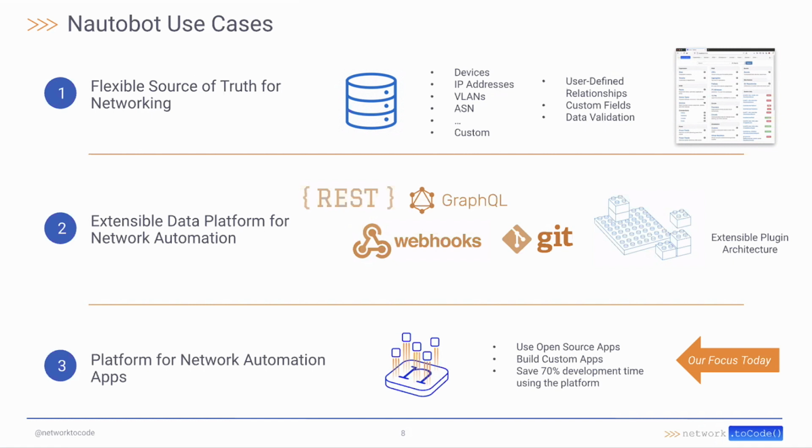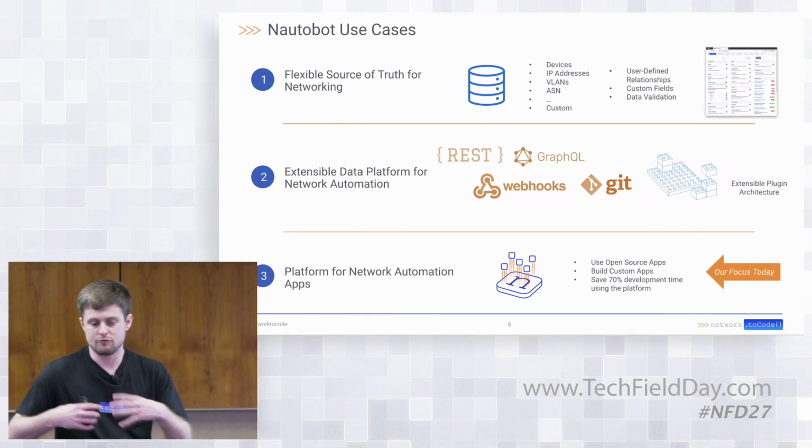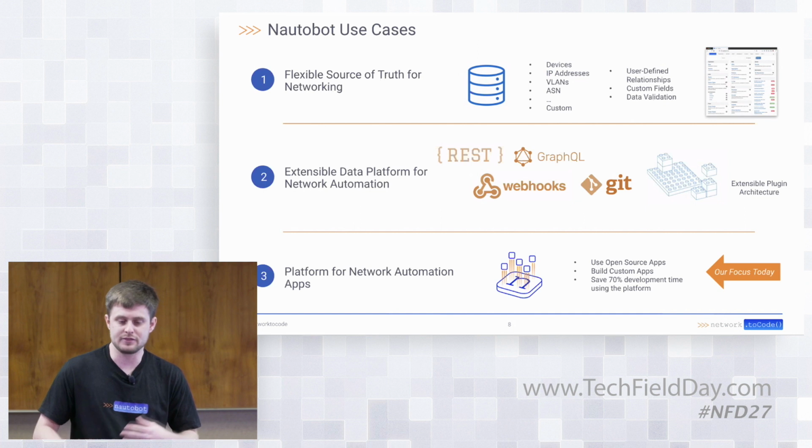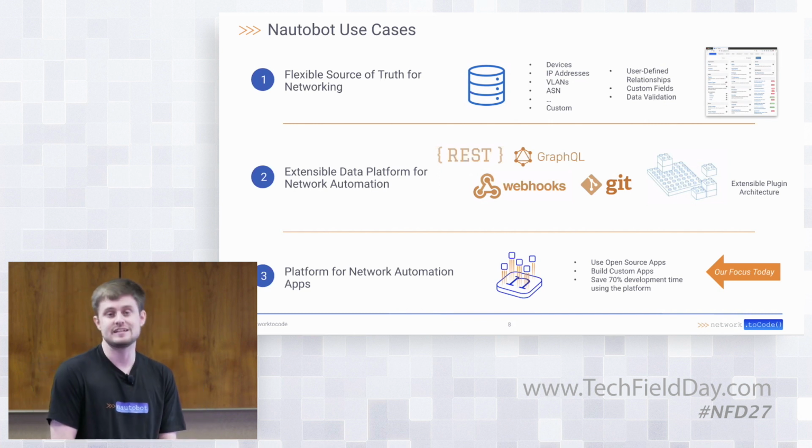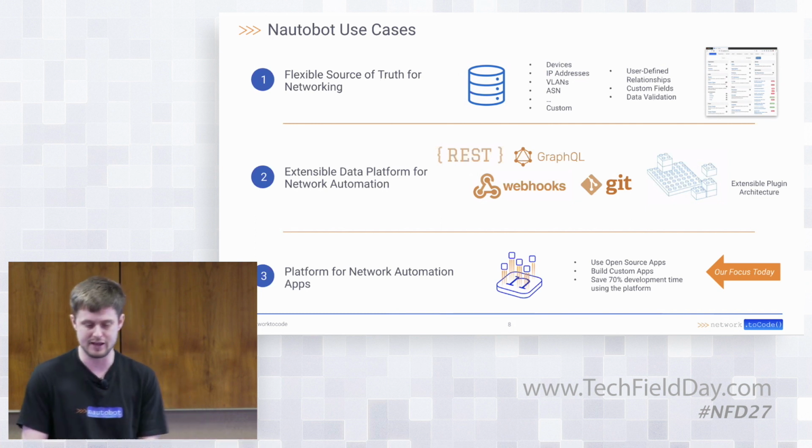And of course, an extensible platform for network automation. We've got a lot of features that are necessary in this day and age for making that sort of thing successful. Obviously, we have a REST API. That's a given in a modern application stack. But we've also got GraphQL support. If you're unfamiliar with that, it's really, I think, the next evolution of a traditional REST-based API interface in which you can, as a client, form a query and get a response back in a format that you desire. Really makes interaction with the data in the system that much better. We've got an event-based webhook system, of course, and then some really interesting Git integrations for actually storing and managing your data outside of Nautobot and getting it in and out of the application.